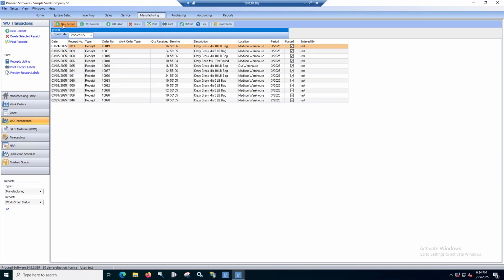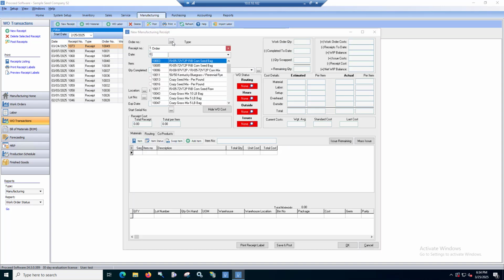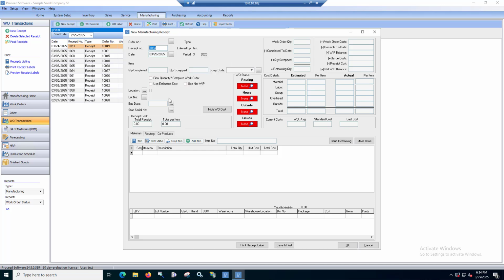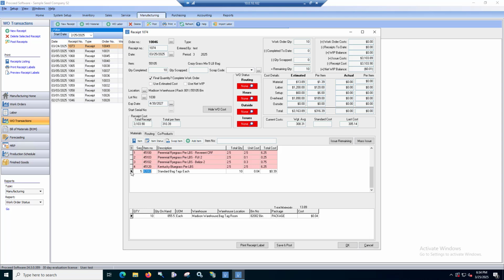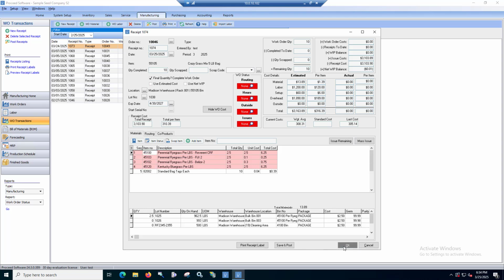So we're going to click on new receipt. We're going to go up here and choose 1046. To go through this with you, here's the item we're creating that we started with. Here's a location that inventory is going to be deposited through. This blend or mix is going to have lot number 1038 that we originally assigned, and you'll notice that it copied over all of these items from the other screen. If we go on down here, you can verify everything, and then we're just going to go ahead and save this